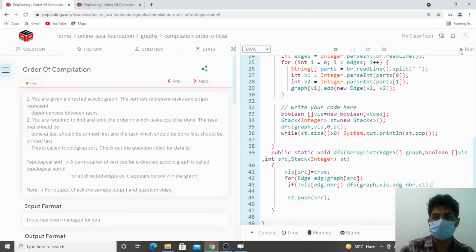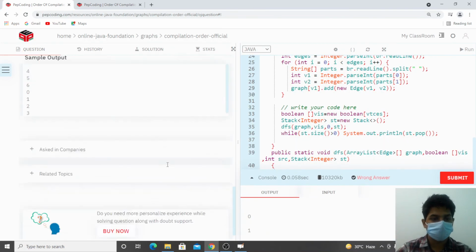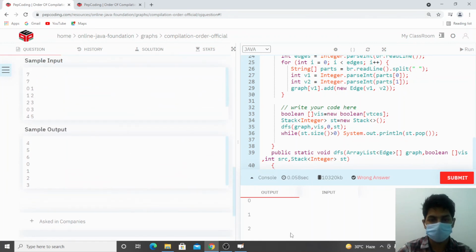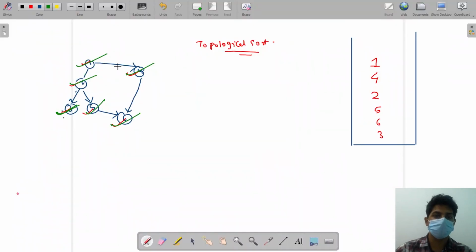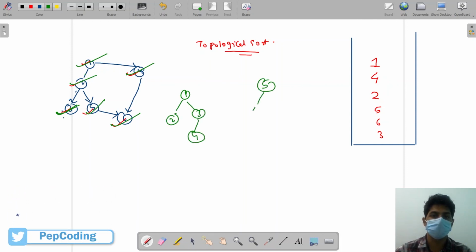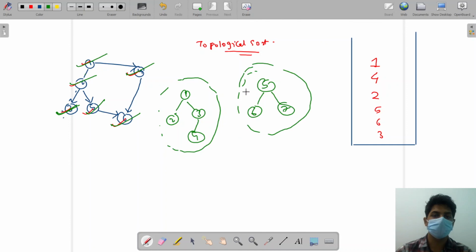So now let's try to run it and check whether it is correct or not. So we are getting a wrong answer. Okay, actually it is a wrong answer, but why are we getting it like this? Okay, so we have not iterated the stack fully. Like there can be the case for multiple elements. What we have missed right now is that suppose the graph is something like this: 1 2 3 4, one component, and one component is like this: 5 6 7. So we have traversed for this component, but we have not done our work for this particular component. So this is not correct.